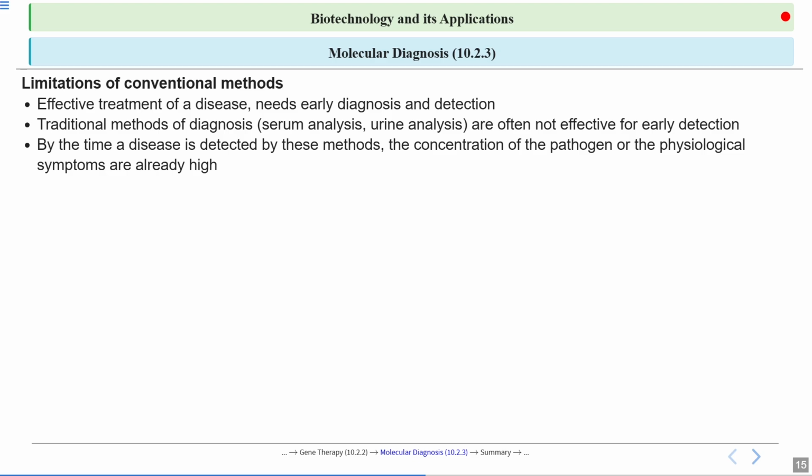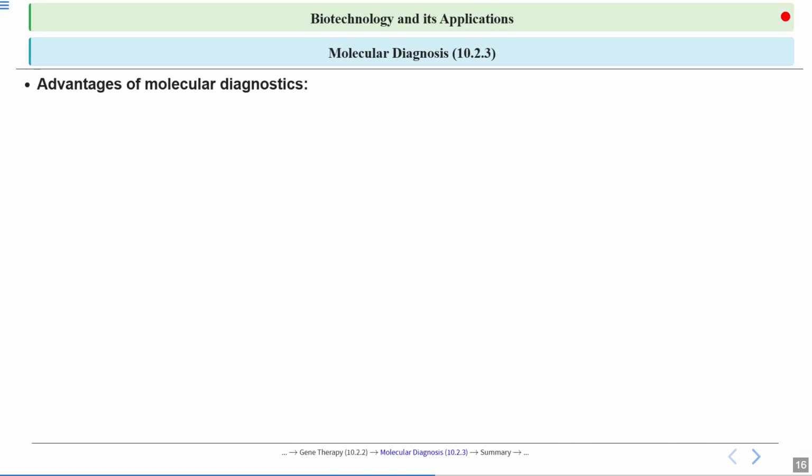And even if it gets treated, the patient suffers more. So now, what should be the solution? This is the limitation. So here we can use molecular diagnosis, which we are going to talk about in upcoming